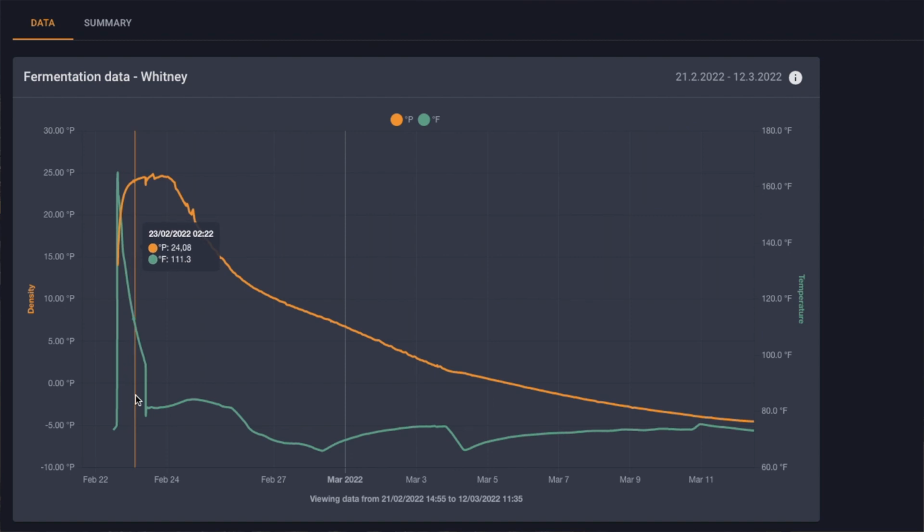So how could Plato Pro be a quality assurance mechanism? From every single batch that you're using the Plato Pro on, you'll get a full data report, or full batch report, and this is density and temperature throughout that batch. And you can save all these historical batches, and then you can pull them back and use the batch